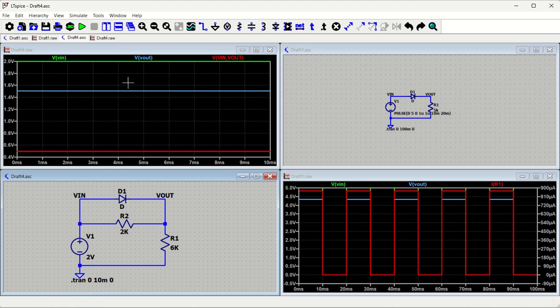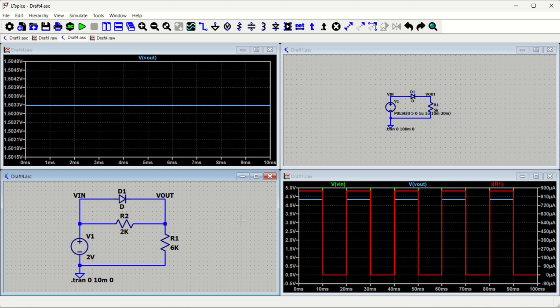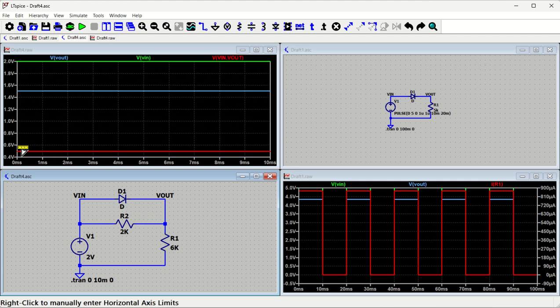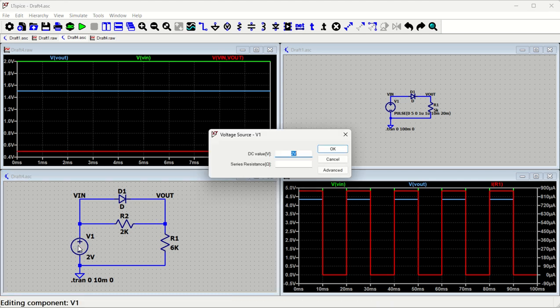How to do that? Let me just delete all of them. This is my output voltage, V output, but the voltage across this R2 is V input minus V output. So what we have to do is press control, keep it here, and hold it. Then come here. An image is coming, right? Then take it. You can see the red color is coming as V in minus V out. So you can see this is 5 volt. Now let's increase this particular voltage to